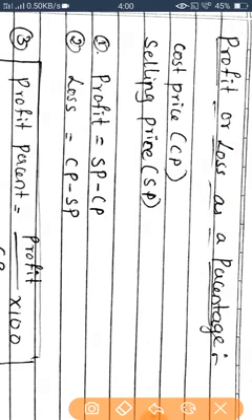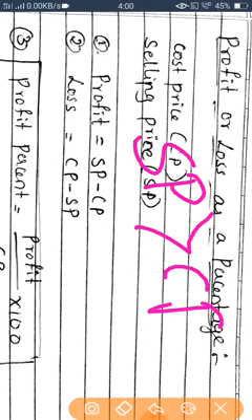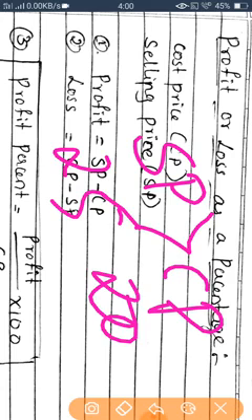So before, cost price, how much? The cost price of the given thing, CP, is the shortcut way. Selling price is SP, we can tell, not sub inspector of police. And profit, see, profit means when selling price is more and cost price is less. Like just now I had taken 25 rupees: I bought a book for 20 rupees and sold it for 25 rupees. So at that time 5 rupees extra, that extra amount is called a 5 rupees profit to me.